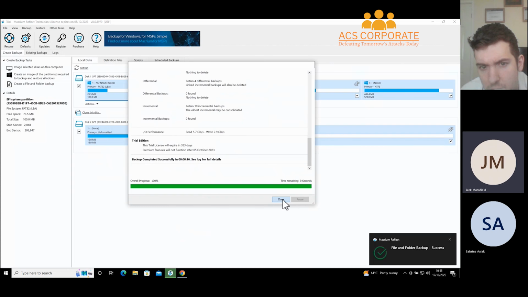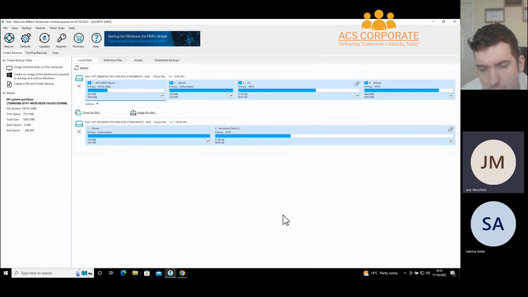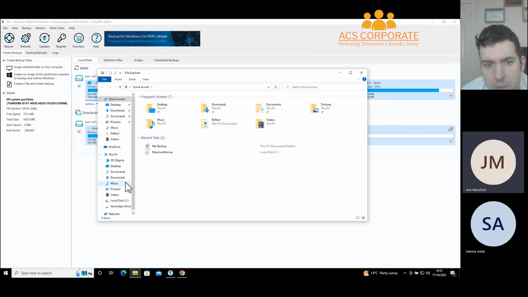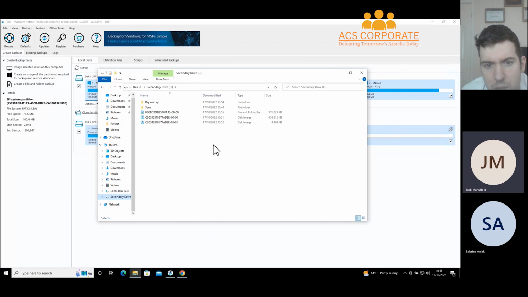So those are the main backup operations. I'll briefly touch on restoring as well. So while we're discussing individual files and folders, as you saw there, you can back up individual files and folders, but if you've created a disk image, you don't necessarily have to restore the whole partition. So for example,